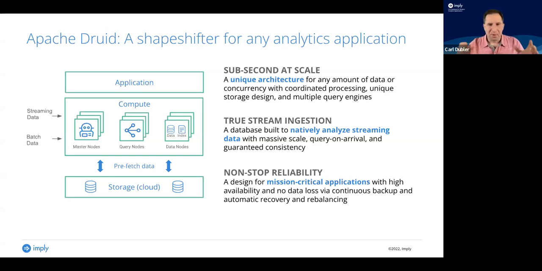You've got a separate deep storage layer below. You've got three different kinds of nodes: master nodes, query nodes, and data nodes. And I think ClickHouse would say, hey, we don't have that separate deep storage layer, so it's a little simpler. We really only have one node type, query node. So I think they would say, this Druid thing seems kind of complicated.